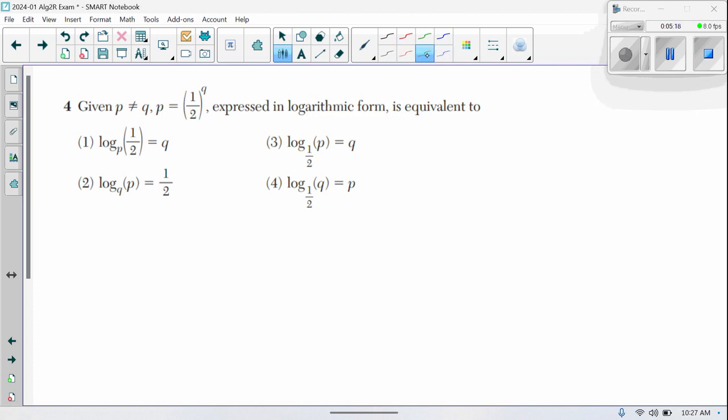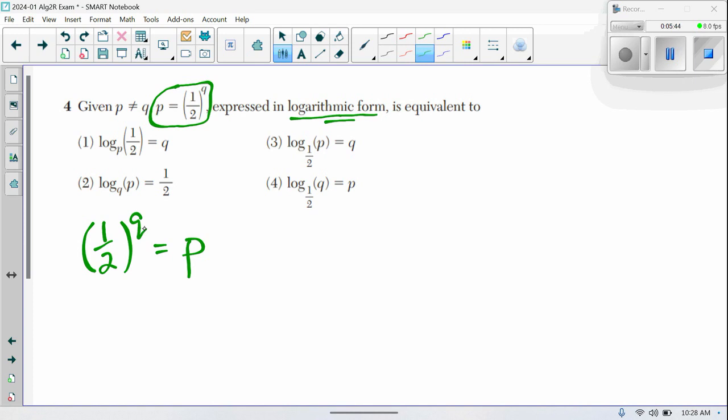All right, given that P does not equal Q. Okay, thanks for that. They give us this expression. P equals 1/2 Q raised to the Q. Expressed in logarithmic form, which one of these is equal? So if P equals 1/2 Q,